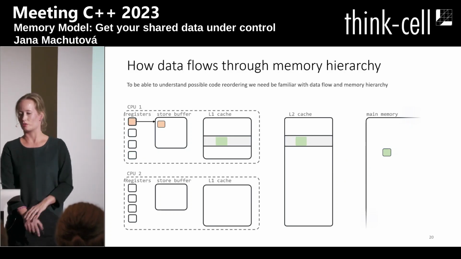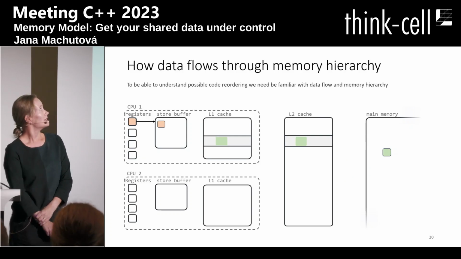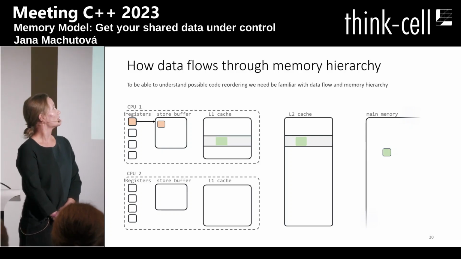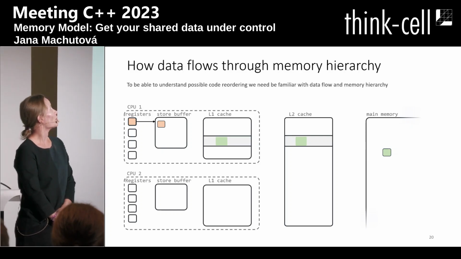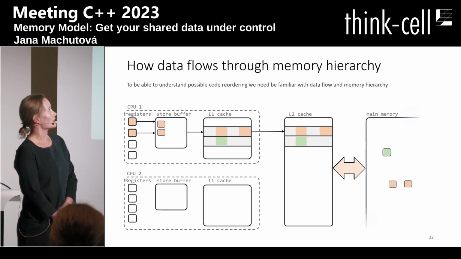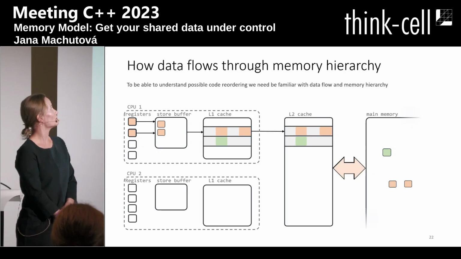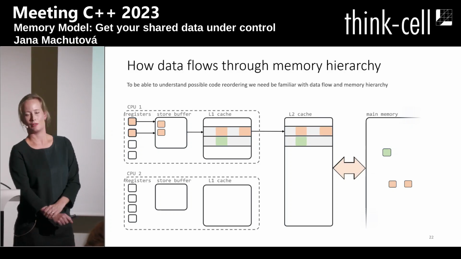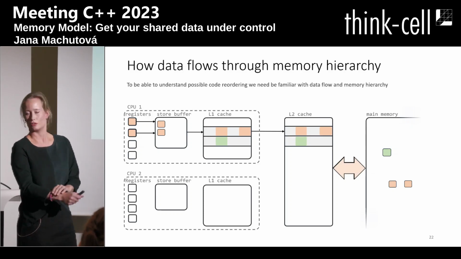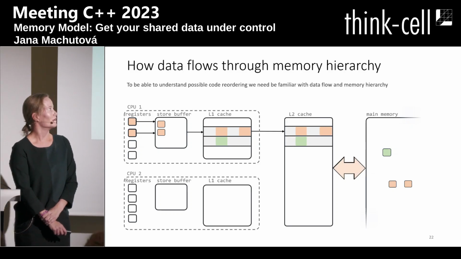But it's pretty straightforward. What will happen when we want to write to main memory? It's not that straightforward, because we have the store buffer in there, which is waiting for more writes to happen and then publishes them all together. It's some kind of optimization which is present on every processor you can find. So it's good to know this, because your write will be delayed somehow. It doesn't happen at the moment you think it does,